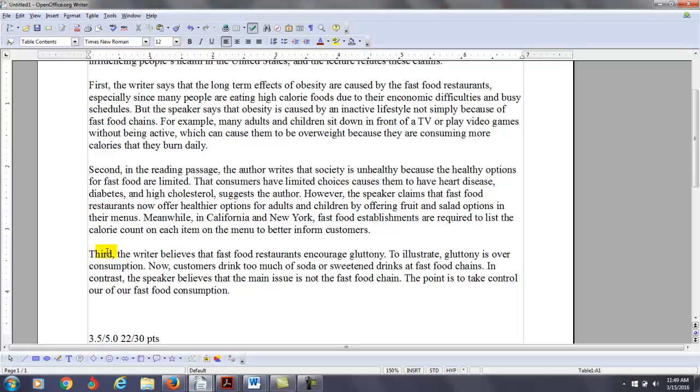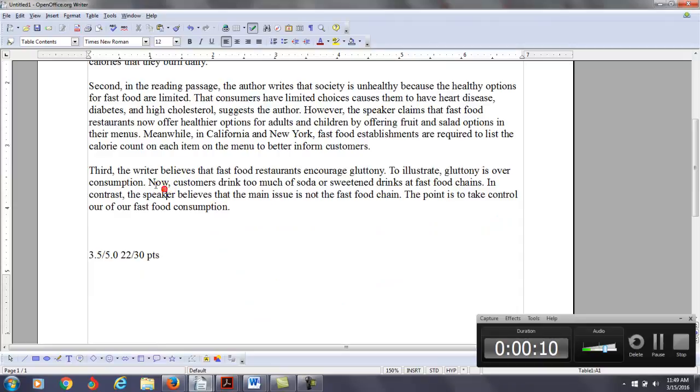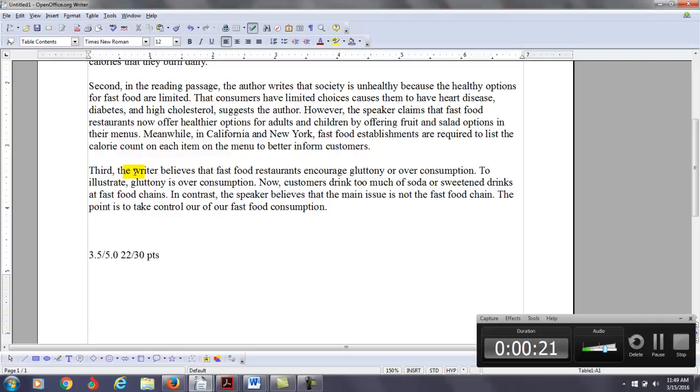Okay, so let's look at your next paragraph here. All right, you see third, the writer believes that fast food restaurants encourage gluttony, or over. I would just say that.